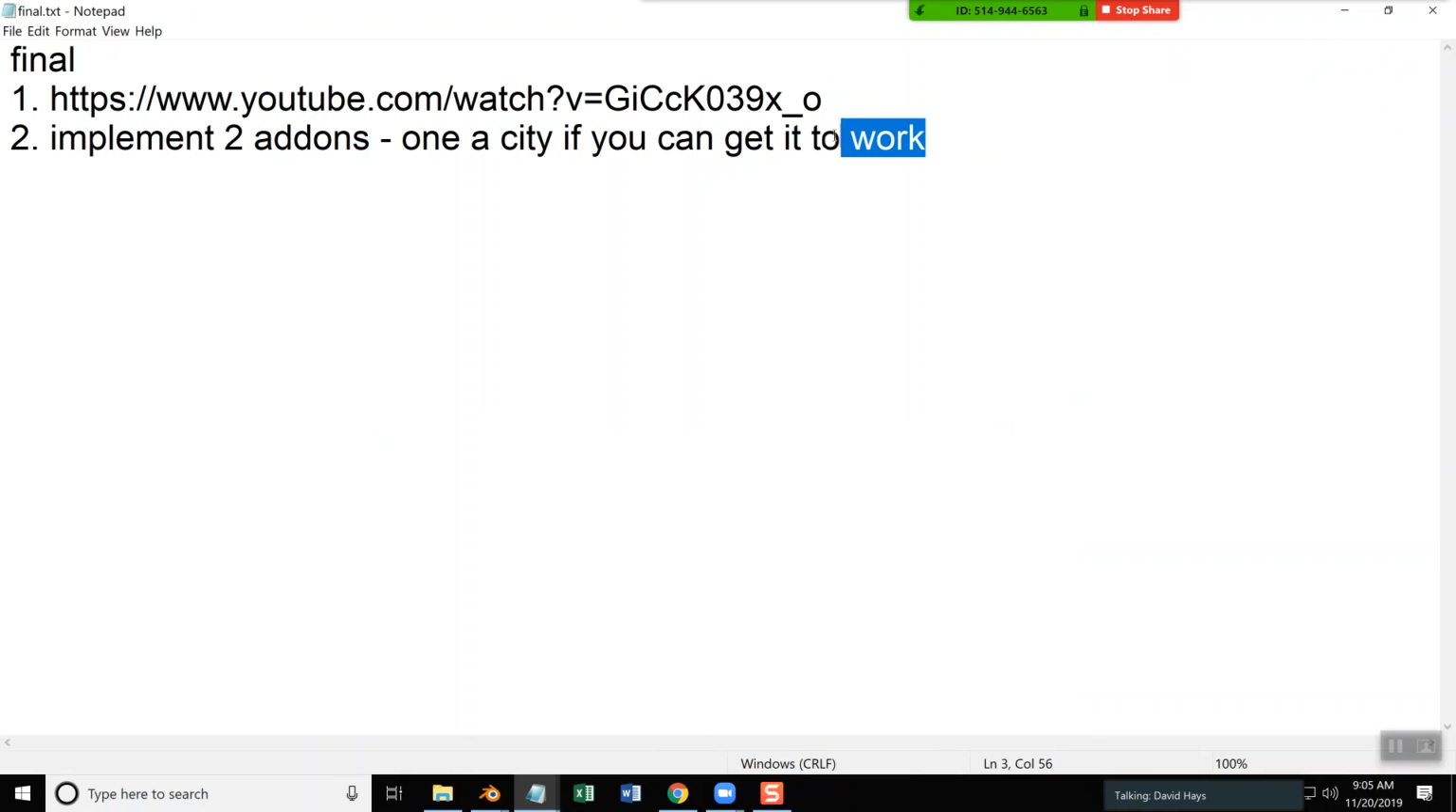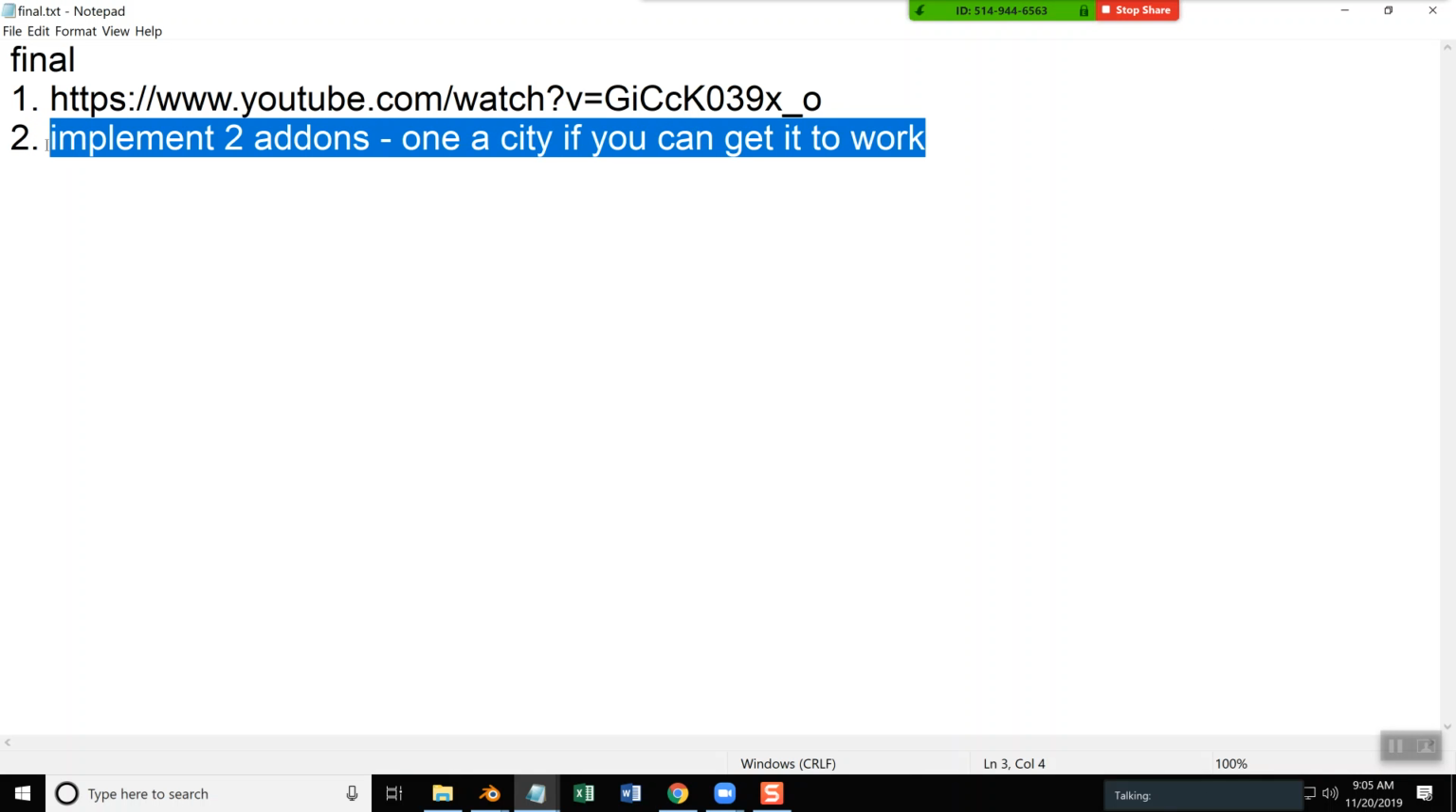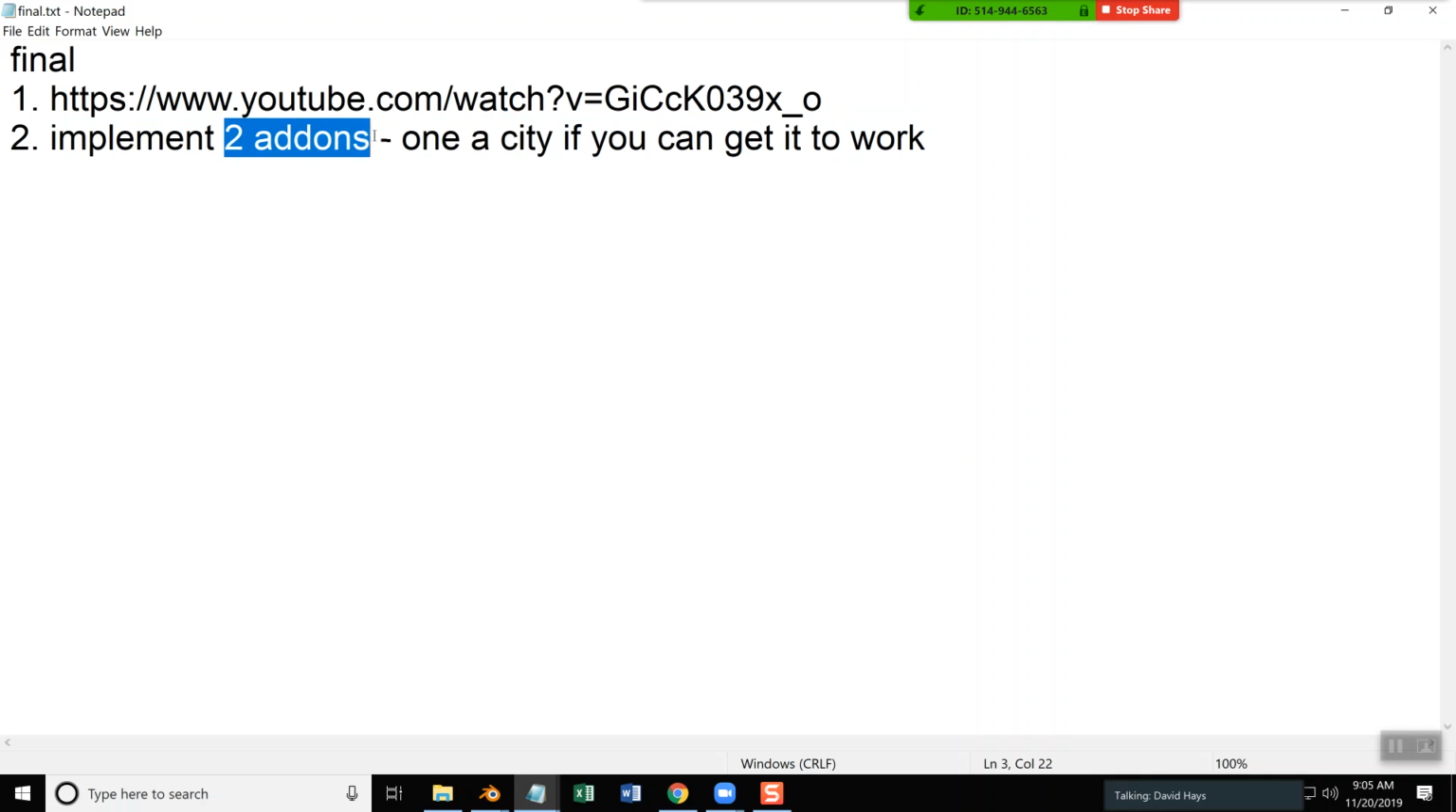And then I want you to implement 2 add-ons, and then use those to build whatever or do whatever they're doing. One a city if you can get it to work. Now we looked at add-ons a couple times ago, so one of them could be a very simple add-on, and then try to get one of the city builders to go. When I say if you can get it to work,